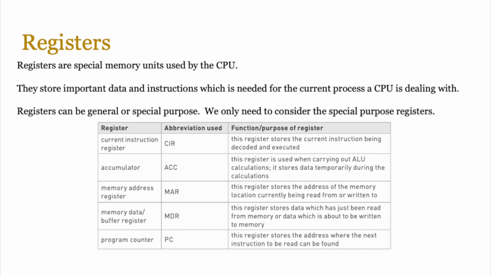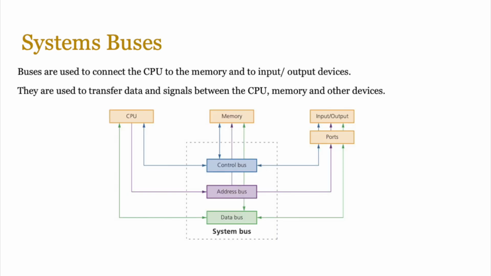In addition to these registers, there are various system buses, three in particular, which are used to connect the CPU to the memory and to other input and output devices. And these buses are used to transfer data and signals between the CPU, memory, and other devices. So there's a control bus that allows the CPU to connect to input and output devices, RAM, and the various different ports. There's an address bus, which allows it to connect to the various different devices and the memory. And then there's the data bus that also allows it to connect to the memory and the various different input